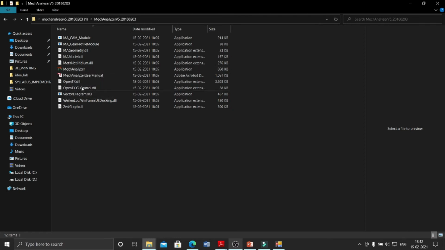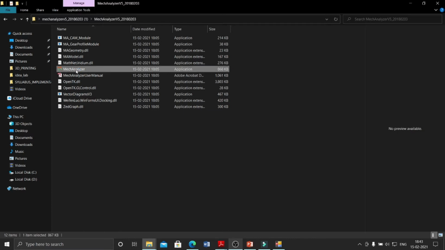To use the velocity and acceleration analysis, every time you need to open this application through this folder only. Don't copy the Mech Analyzer software anywhere. Every time that application should be in that folder only. Only then can you see the different features: velocity acceleration analysis, cam profile and gear profiles.